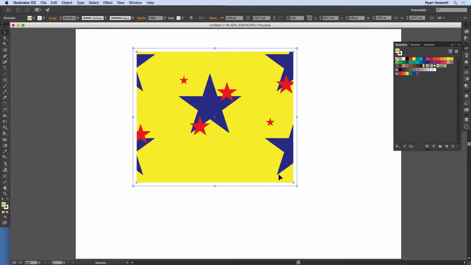So keep that in mind if you've got a pattern that you just created and it does or doesn't have the background that you wanted. Make sure that what you selected first has the background or does not have a background so that you can use that in the pattern. Okay? So there's a couple other things to be concerned about with patterns, and I'll show them to you right